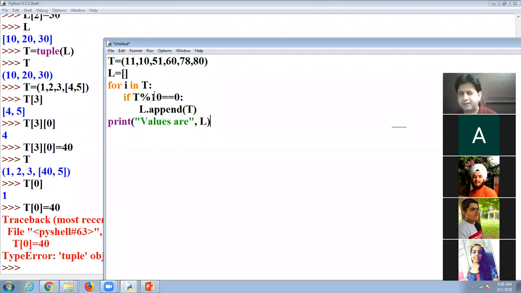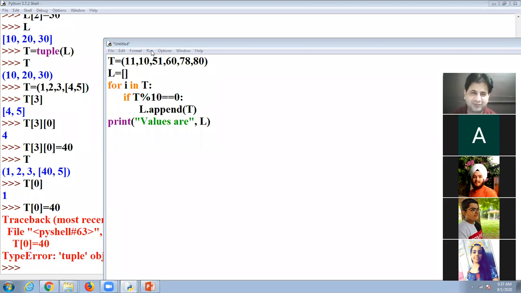Okay, students, what will be the output? Raise your hand. Bhavneet. Sir, 10, 60, 80.